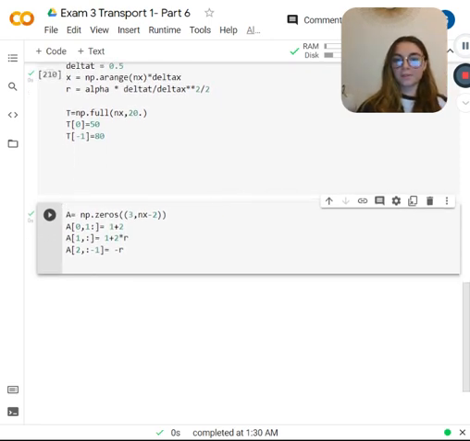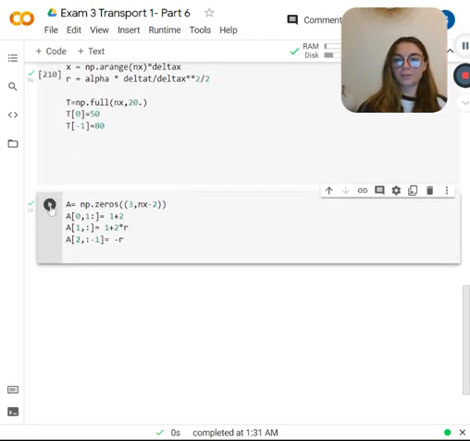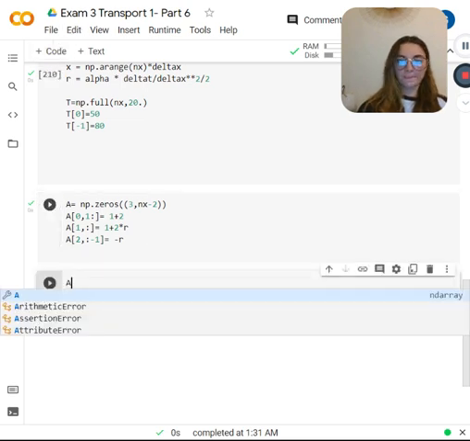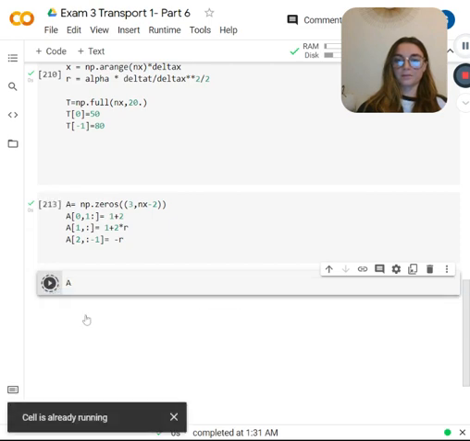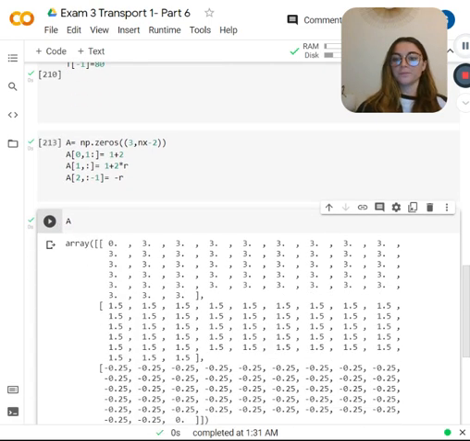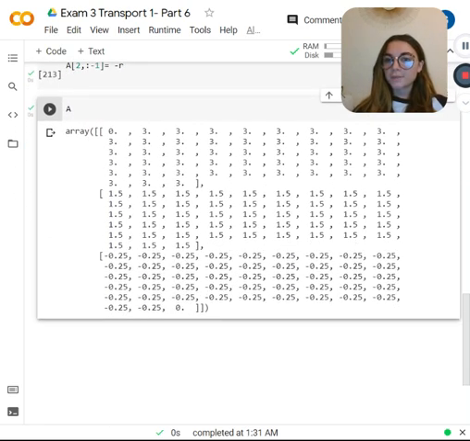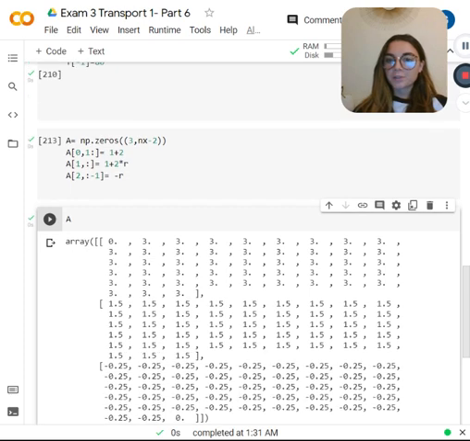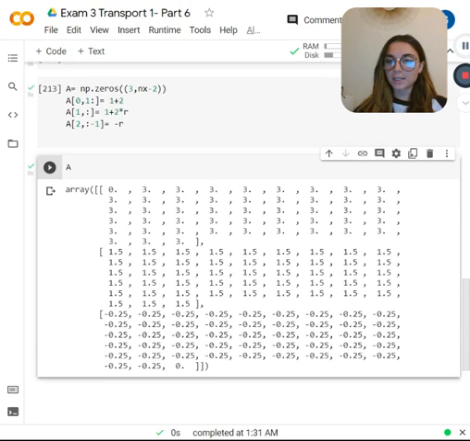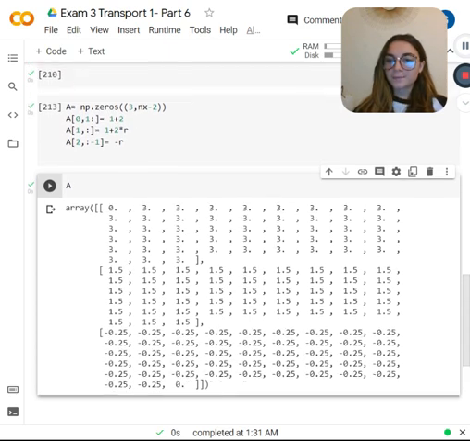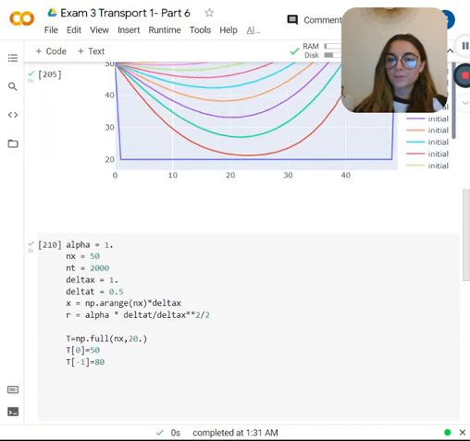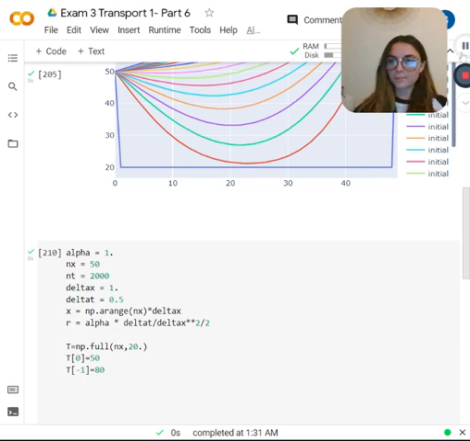So what we're going to do here, now that we have our matrix, we're just going to run that and then check it. Should go if you just do a. Okay, so this looks good. So this shows our top diagonal, our middle diagonal, and our lower diagonal. The values look about